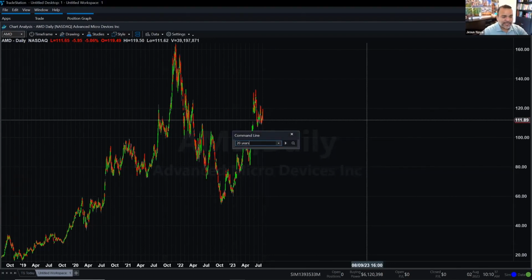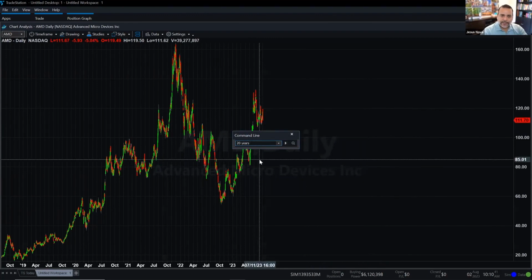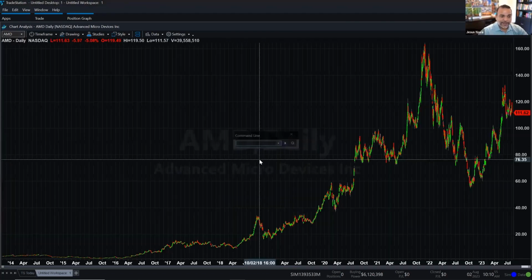You notice that as I type 20 years, the command line pops up. It pops up automatically when you press a key. It's convenient. TradeStation is going to be responsive to your keyboard commands. And one of those commands is a historical data request, and the request is just 20 years. You hit enter, and TradeStation will load 20 years of historical data for AMD, and I can see the full